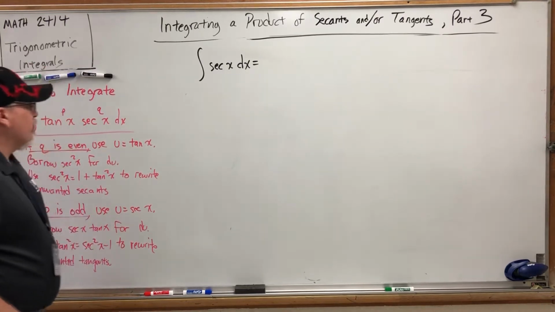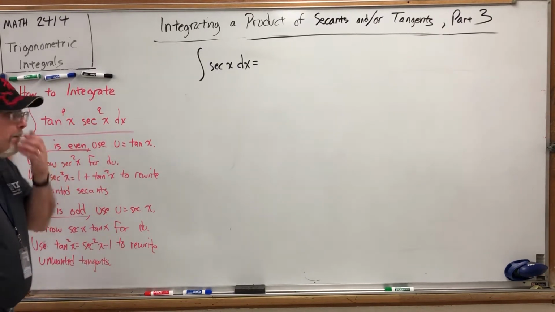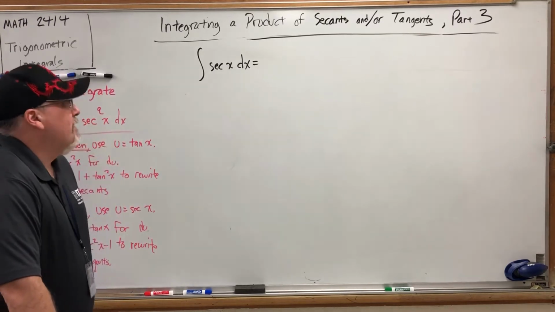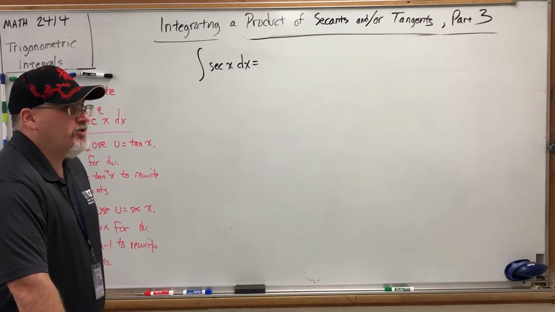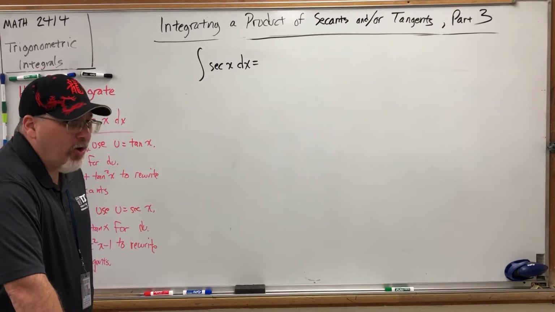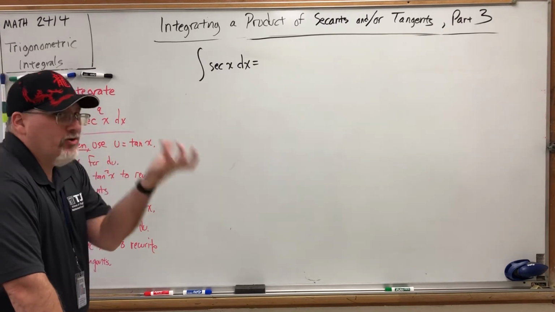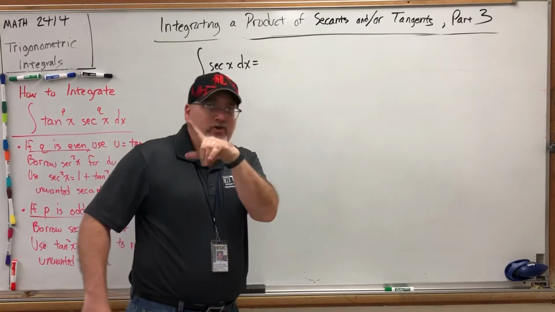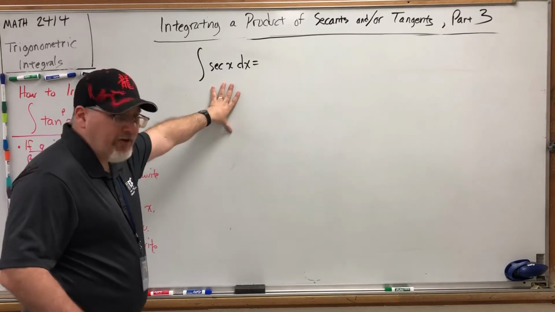Let's start with this integral of secant x dx. Well, it's just a secant to an odd power, so it doesn't fit here. I'll be honest, I don't know how the person who first said do it this way saw to do it. Maybe they were observational, they grabbed some things that didn't look like they went together, but they did. I'll show you what the answer is, but I'll show you where it comes from. This is one that you pretty much want to have memorized, but I am going to show you where it